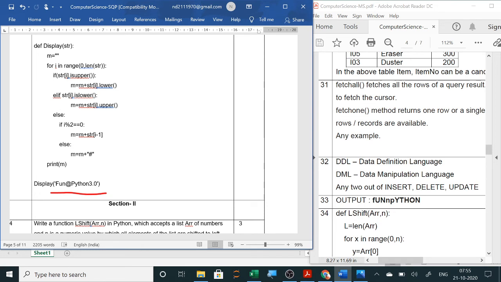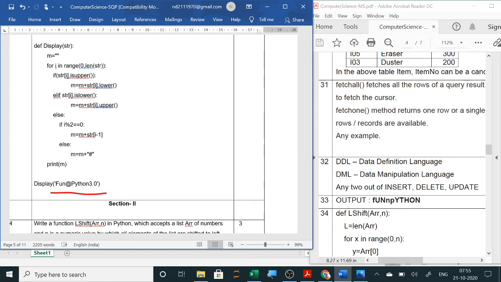If it is uppercase, we will make it lowercase. If it is lowercase, we will make it uppercase. And if it is neither of these two, then we will come to else and check if it is a numeric value. We will take out %2.